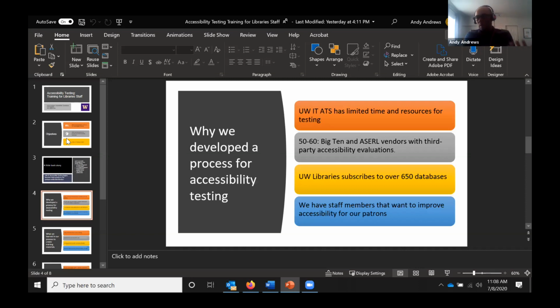So again, why we developed that process is that UW-IT ATS has limited time and resources. We were looking at what Big Ten and ASERL had done with third-party accessibility evaluations, and there's probably about 50 or 60 that are up on their site at this point. And again, we have 650 databases, so we had a lot that we wanted to be able to contribute to. And we have a lot of staff that was really interested. Since being brought on as the accessibility coordinator in the last 2 years,